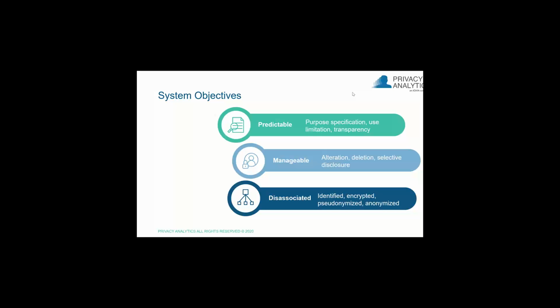So let's focus more specifically on Acme. Predictable for them meant that for analytical purposes only, perhaps only the data outputs can be extracted from that system, right? They don't want people to extract raw data, just some statistical analyses. What sort of controls they had in place, data owner reports I mentioned in the previous slide. And disassociated, so the level of identifiability needed. For their particular cases, they didn't need highly identified data, they didn't need a person's name, for example. They just needed something to do their analytical analysis. So this comes into it as well, and this is where you start talking about the operational context in which this is happening. And this is ultimately a system engineering approach to building trust.